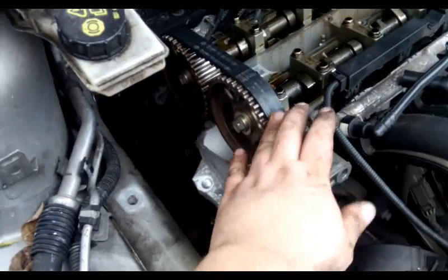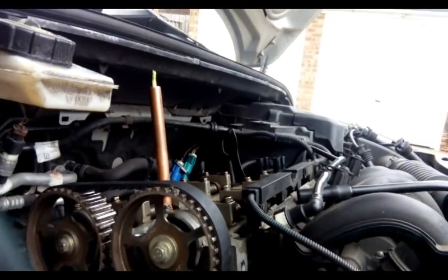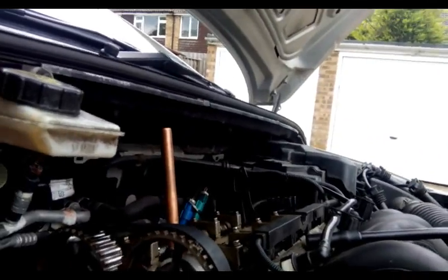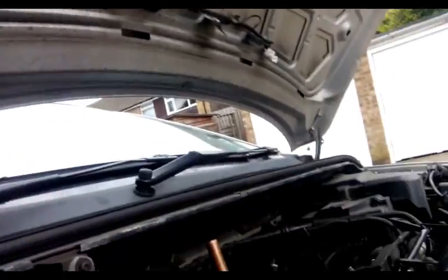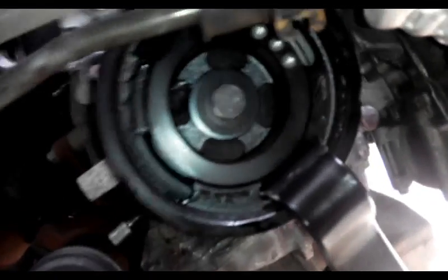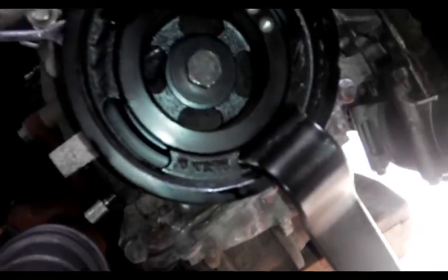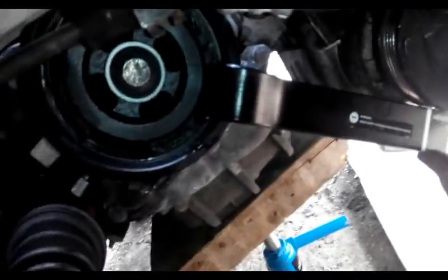Alternator bracket. Put it back. And just before top dead center. When you're doing it at home, this is going to be a main obstacle. This crankshaft pulley bolt. Luckily for me, I can use the wrecking bar and support it here,